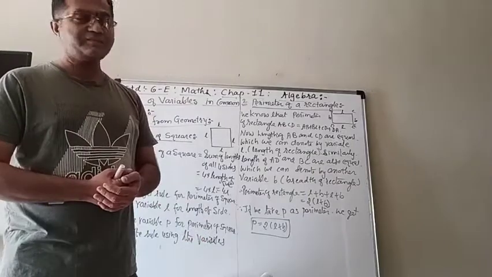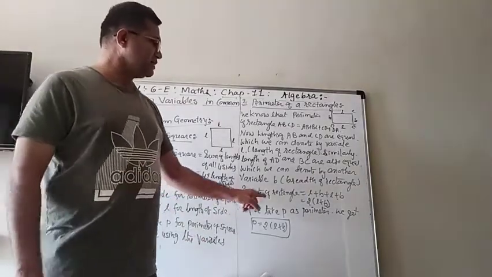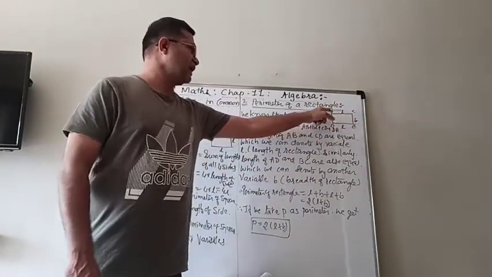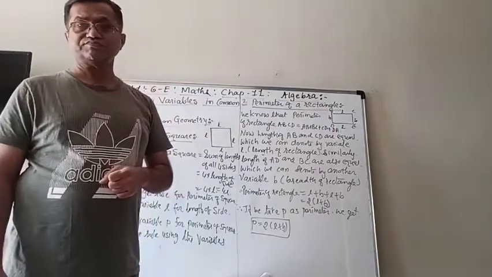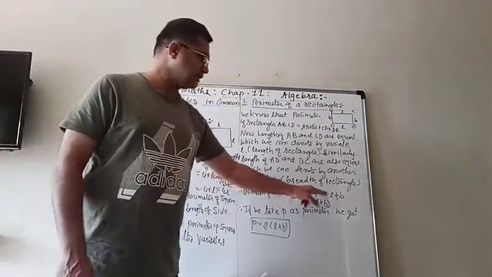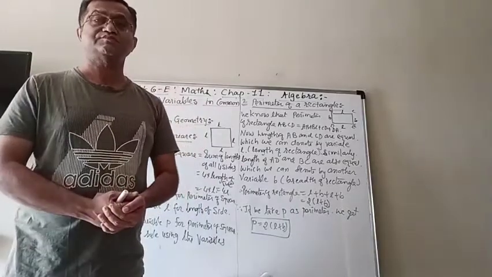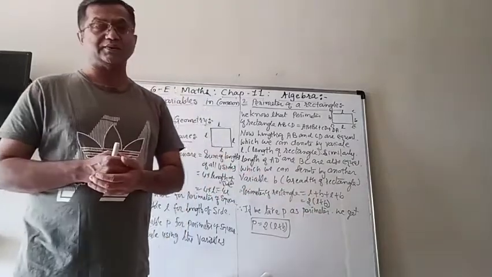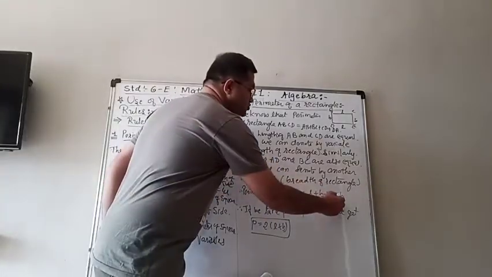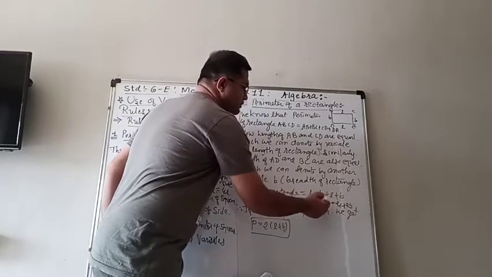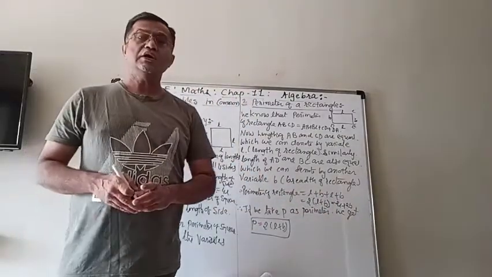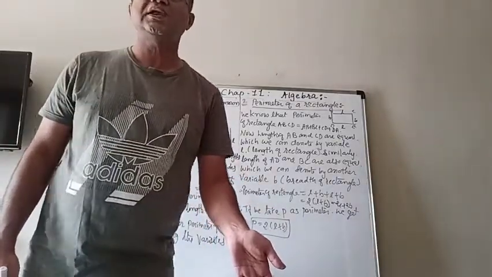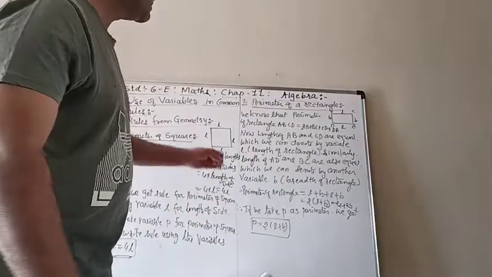So what will be the formula? The perimeter of a rectangle is equal to L plus B plus L plus B. It means both length and breadth come 2 times. So we get the common 2 and we can write 2 into bracket L plus B. Or you can write it as 2L plus 2B, but the first will be better. So 2 into bracket L plus B is our general formula to find the perimeter.